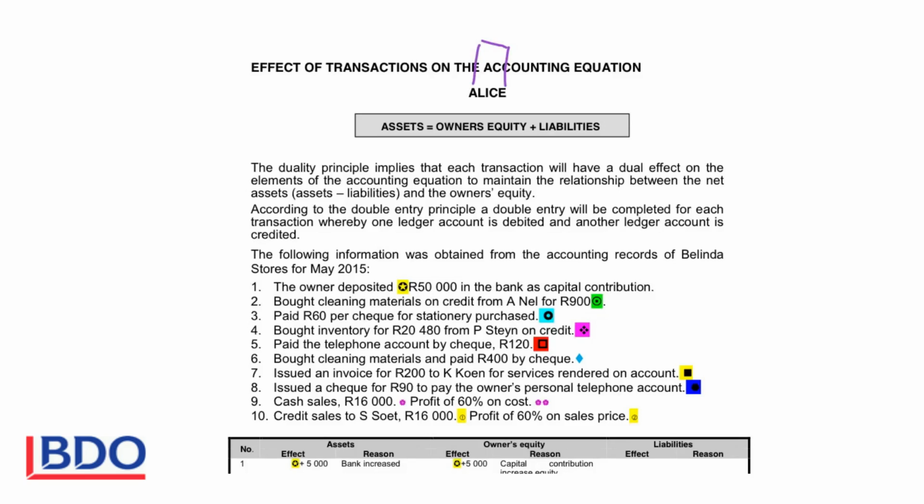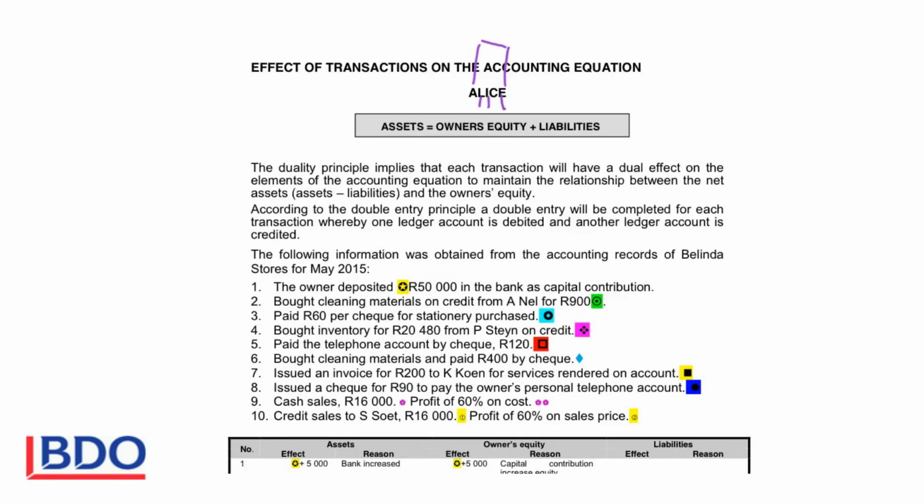on the debit side. So that means assets and expenses increase on the debit side, and assets and expenses always have debit balances. The three in the middle will always have credit balances, and they will always increase on the credit side. So liabilities, income, and capital that belongs to the owner will always have credit balances and will increase on the credit side. We will use this accounting equation to do these calculations and the effect of the transactions on the accounting